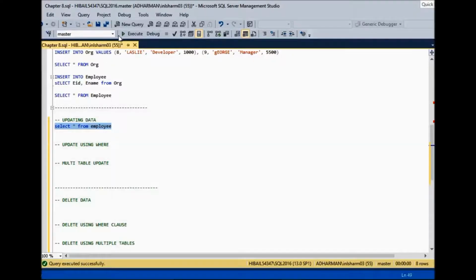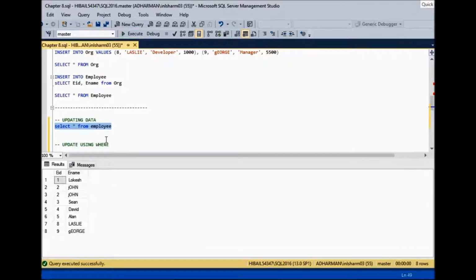First of all, let's see how many rows exist in the employee table. So we have in total 8 rows, and we have employee IDs from 1 to 9. Let's assume that you want to change the name of all these rows to a certain name. And let's assume that name would be something like